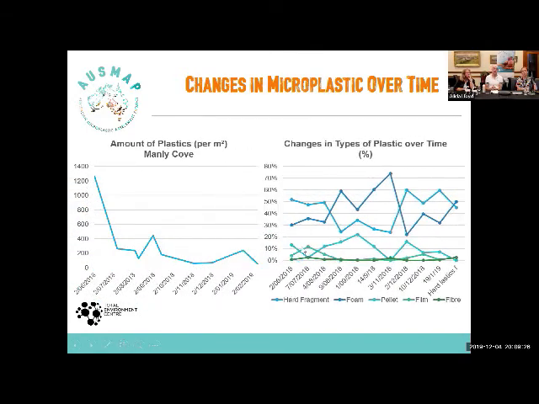This is the same time period and the same beach, but it's showing the changes in the types of plastic over that period. The two top lines, the lighter blue is hard plastic fragments, and the darker blue is foam fragments. Even though the numbers are relatively consistent after that first time period, we're seeing a swap in the major type of microplastics we're finding. You can see foam kicked in as the highest number around the mid-year period.